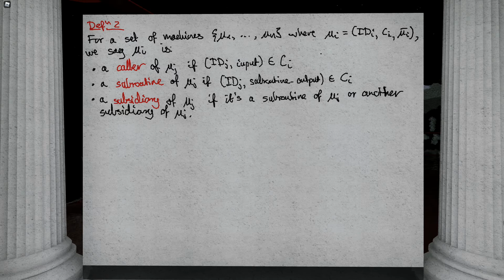Sorry, yeah. How does mu-j, I mean, can I provide input to mu-j in that case? Or is it supposed to be the subroutine that first gets the input? Yeah, the idea, so what we'll do... subroutine seems like a two-way thing, not precisely one way. So the definition for protocol says it forms a protocol when you have this closure going on. I see. Otherwise, it's not a valid protocol. If mu-i is a subroutine of mu-j, but mu-j can't give input, we say it's not a protocol. Okay.